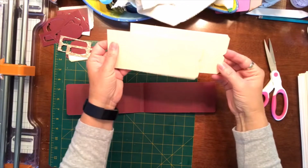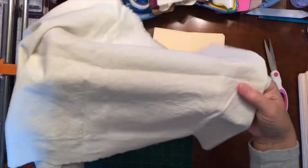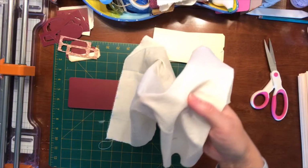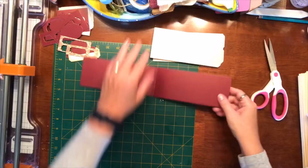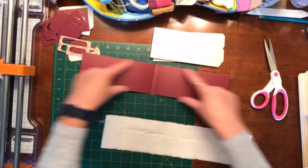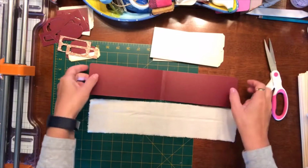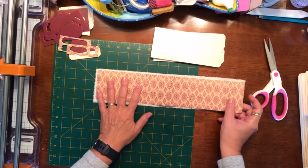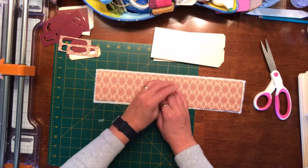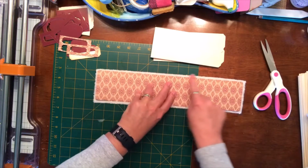Before I start distressing the insides, I wanted to take a piece of this fabric. It's just muslin, a scrap piece that I had. I think this was a piece somebody was making quilts and they had taken apart or had an extra piece, and I just grabbed it out of a scrap bin. But what I'm going to do for the inside of this, instead of putting some plain paper in there, I've taken a piece of the muslin, and all I'm going to do is lay this piece of paper like that on there